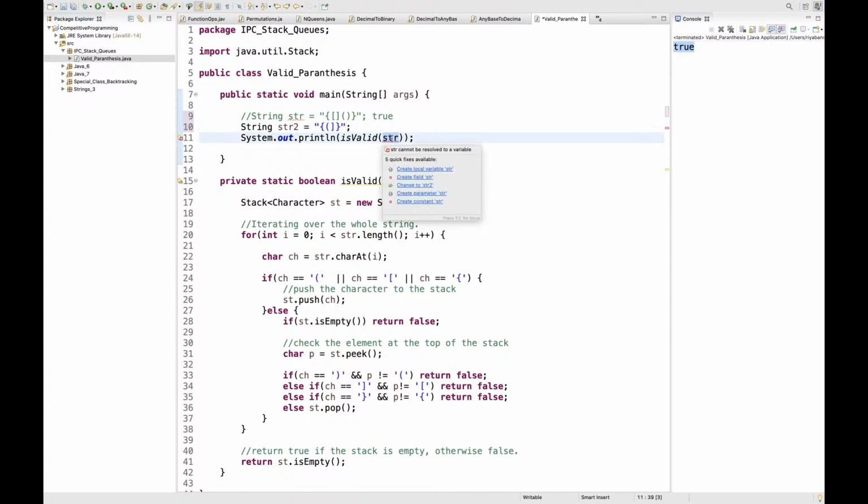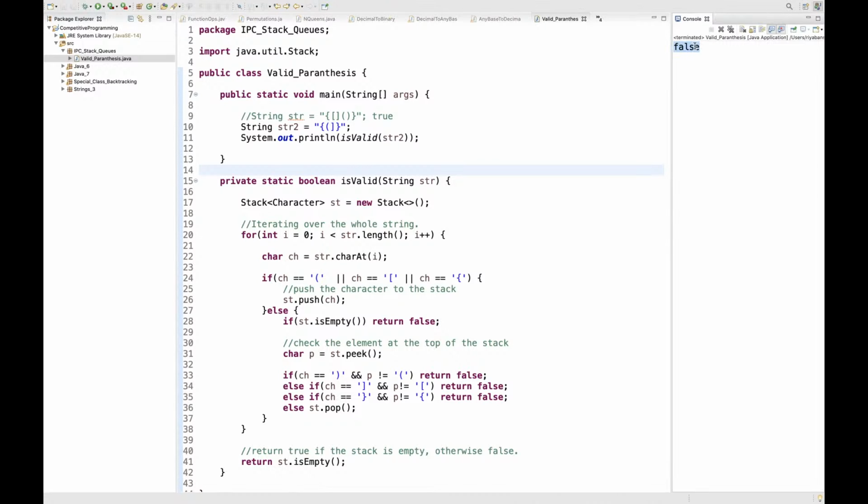Okay, and for this I am passing this, and let's check what the answer will be. For this, the answer is going to be false. Is this clear to each and everyone? How you are going to implement this and how the implementation will look?